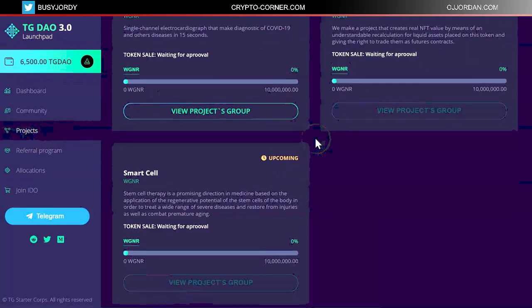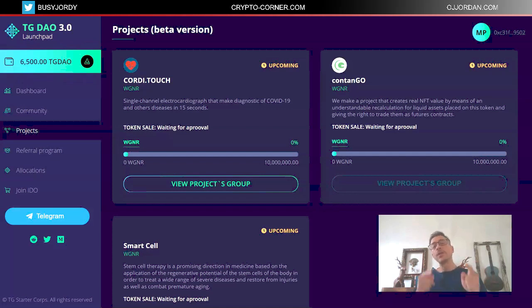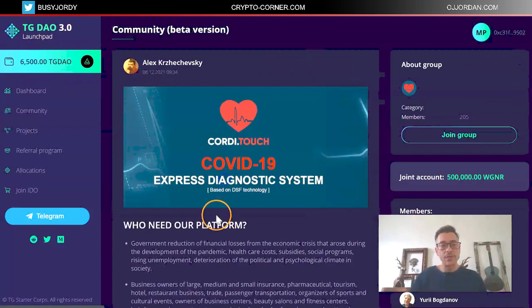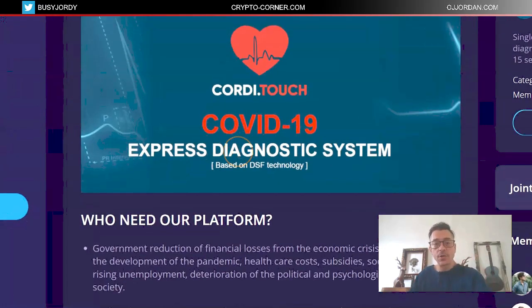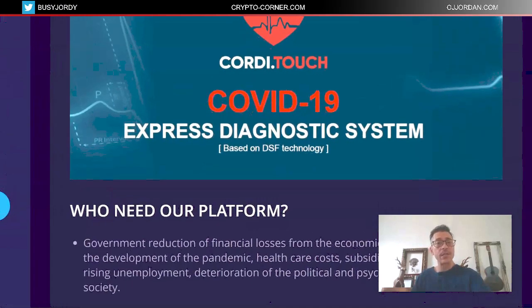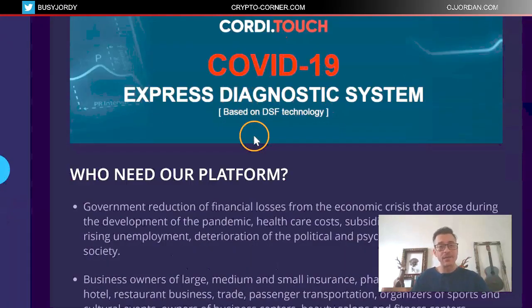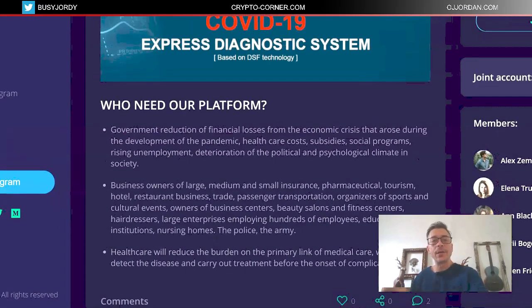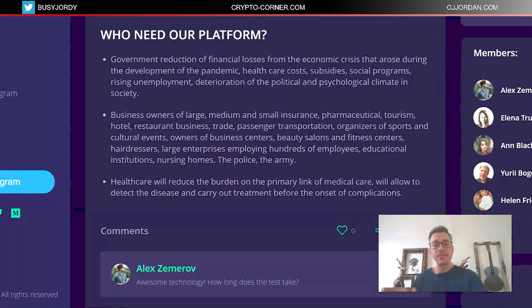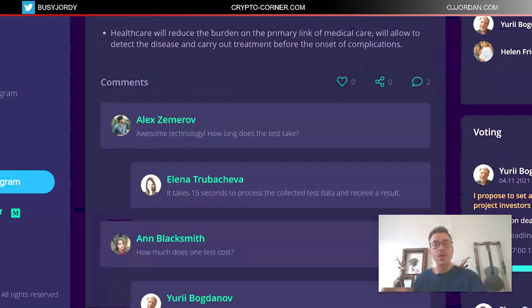Let's go back to projects. So this is where you're actually finding out about these projects, more details. This is where you can see the research that the team is doing or has already completed. If we go back to the group, this is the upcoming IDO. Cordy is going to be the token. This is a project that is actually doing something with COVID-19, so I would expect this to be quite a hot topic. This is basically a brief summary on what this project is doing, what this platform is going to be about. When you read that, it gives you a basic understanding of what you are investing in. And of course, with the comments, you can go and find out more.